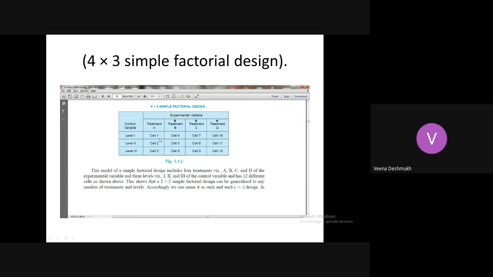And you are going to get 4 by 3, and each level of the students is low IQ, medium IQ and high IQ. Now how exactly? Low IQ with only chalk and board teaching, low IQ with PPT with explanation, low IQ with hands-on experiments, and low IQ with visual, that is video kind of presentation.